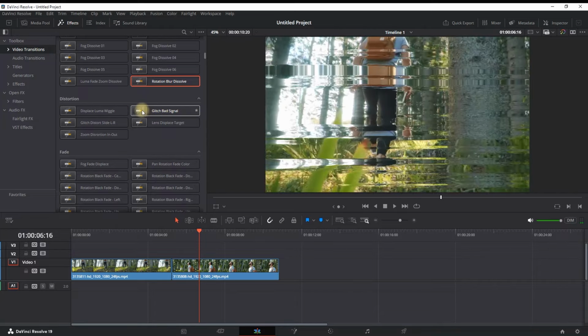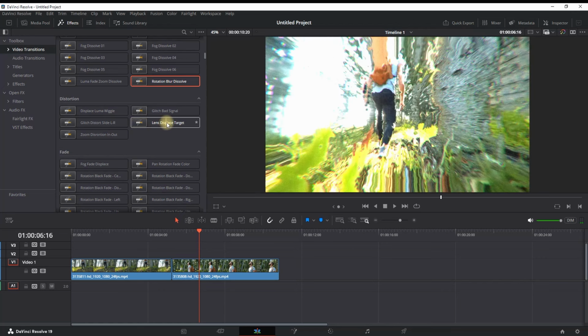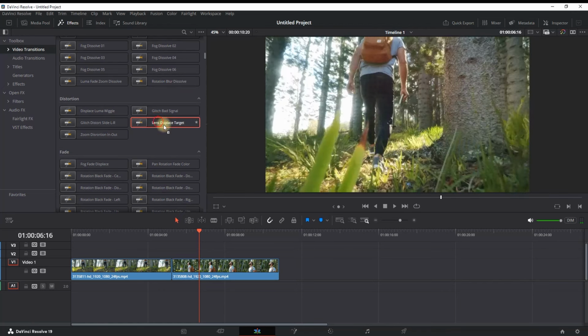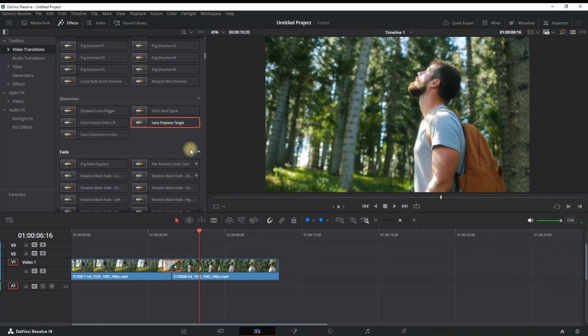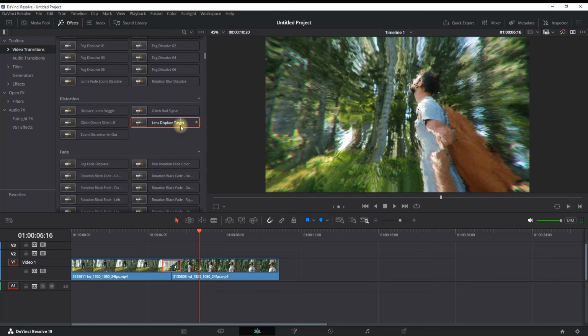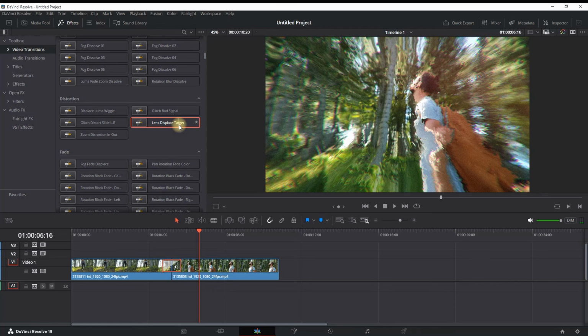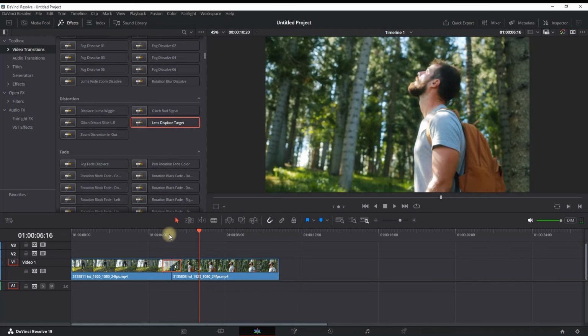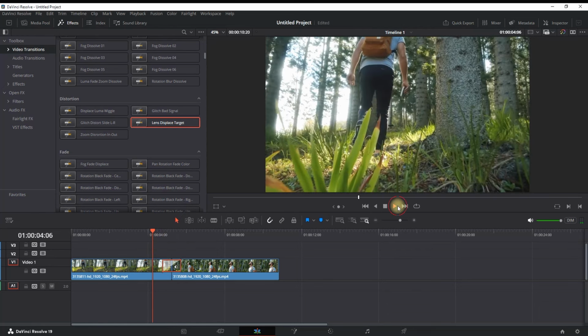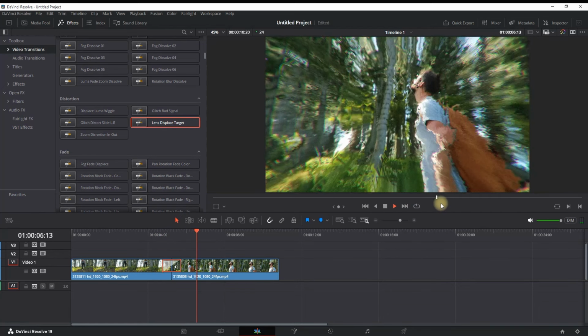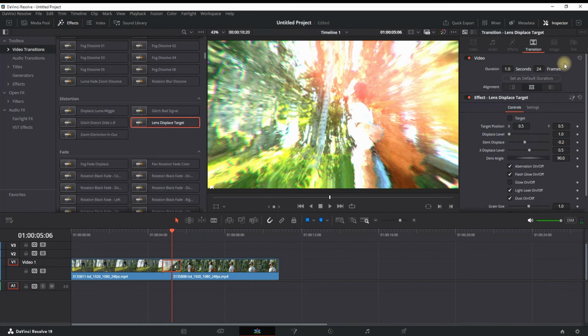Here you can also witness some distortion transitions, which are just 5 in our case, but they're really effective. I'm adding Lens Displace Target, and what I like about this one is that it's ending in target, and that means that if we highlight this transition as we just did and play it through, we're gonna notice that this transition is having some motion and that motion is happening in the target, and we can access the target from the inspector. You can see the target here in the middle, so now everything is happening in the middle,